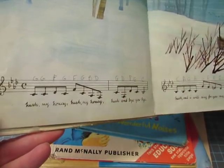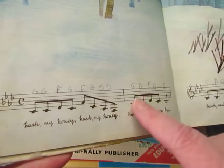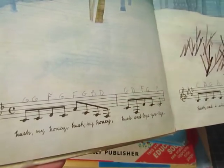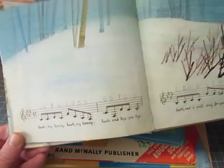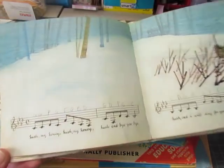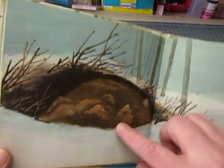I just played those notes on my piano. Somebody wrote the notes above it, but they're not the notes that are here. That's middle C, and it says G. So I don't know what those notes are for. Maybe it's to make a chord. I don't know. But anyway, I don't know if I'll erase them. I think they're in pencil. Maybe I'll leave them. But look at the bear hibernating